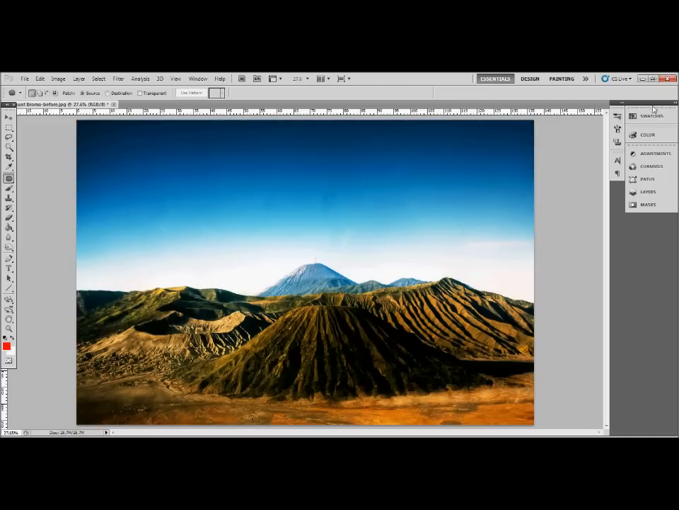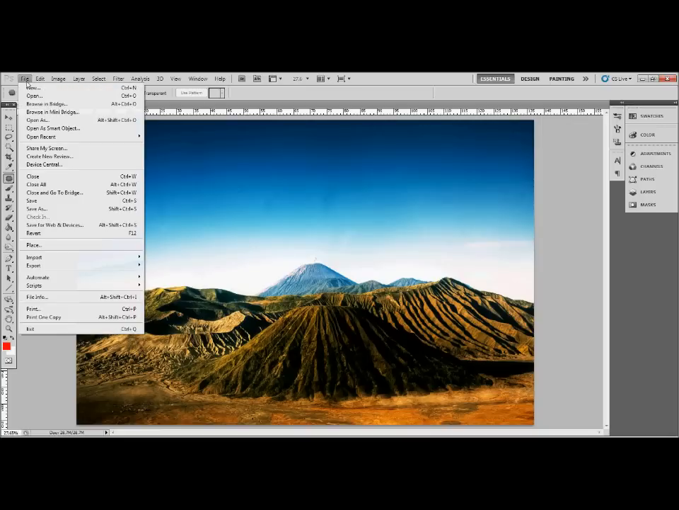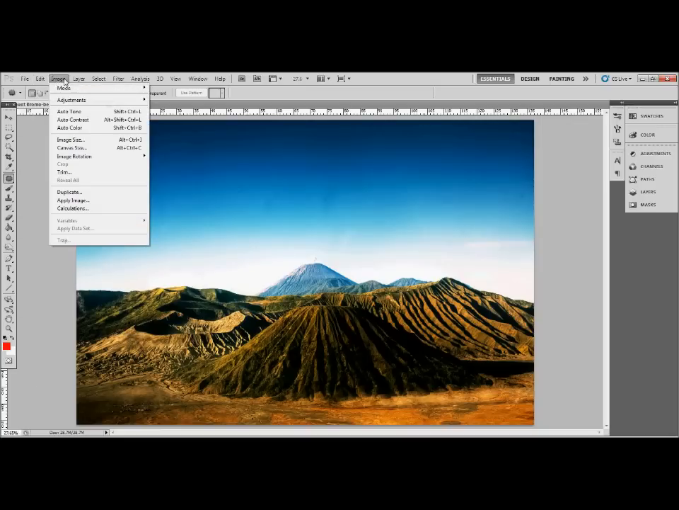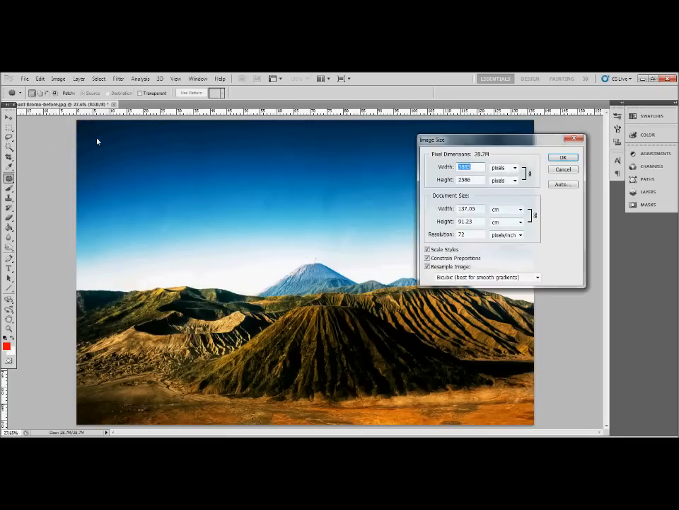But the size of this image is big, so if I'm going to publish it on my Facebook or on my blog, it's quite big, so I have to decrease the size of it. What you need to do is go to Image Size, and here is the width and height of the image. As you can see, it's